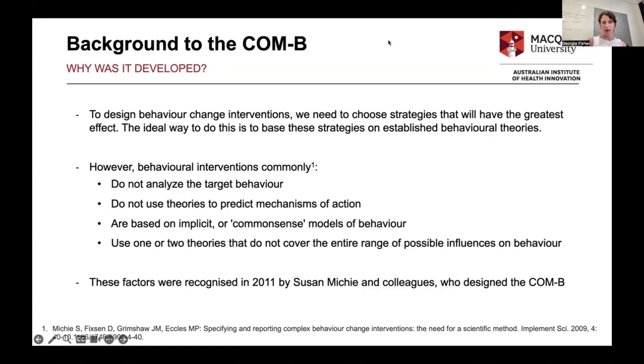So now first a background to the COM-B. Similar to the TDF, we're going to first look at why it was developed. It was developed because to design behaviour change interventions, we need to choose strategies that will have the greatest effect. Particularly in healthcare, we're often limited in our resources, so we really need to target the things that we do appropriately. So the ideal way for us to do this is to base the strategies that we choose on established